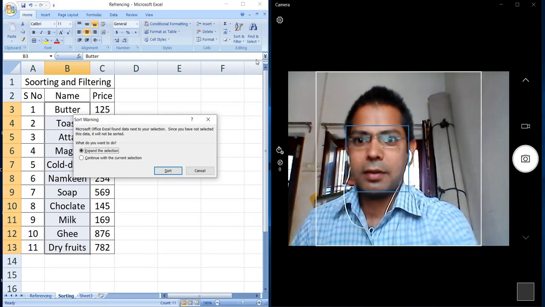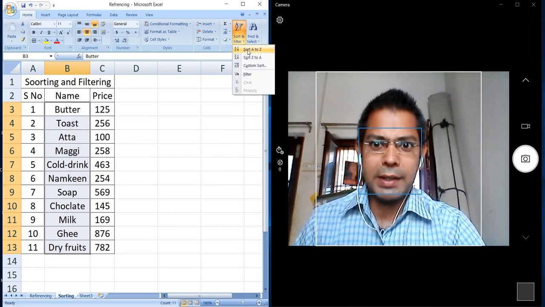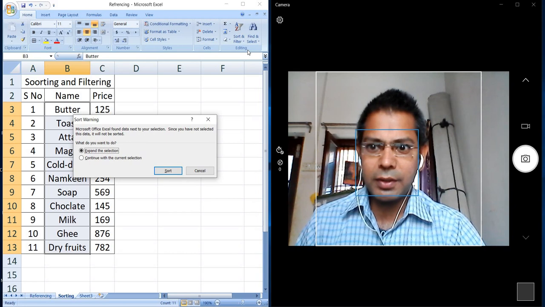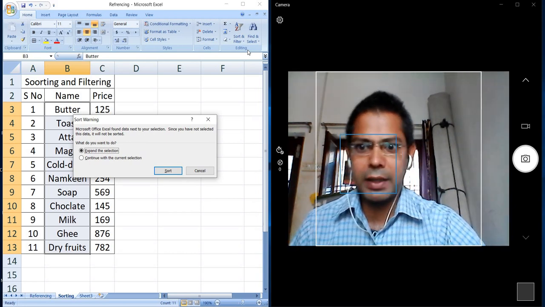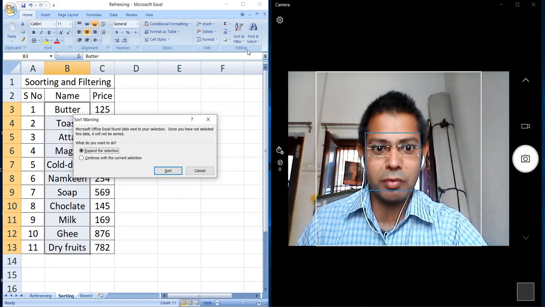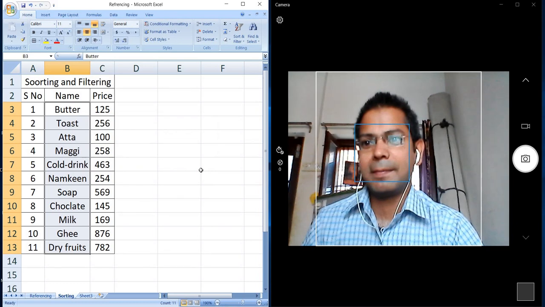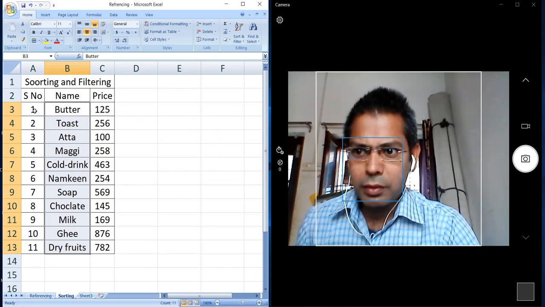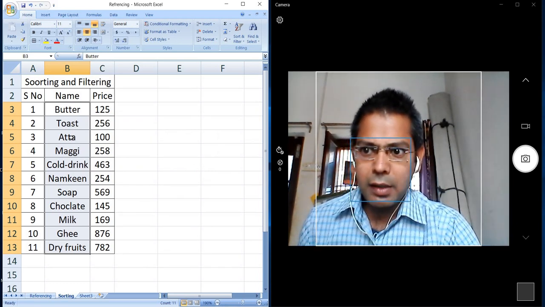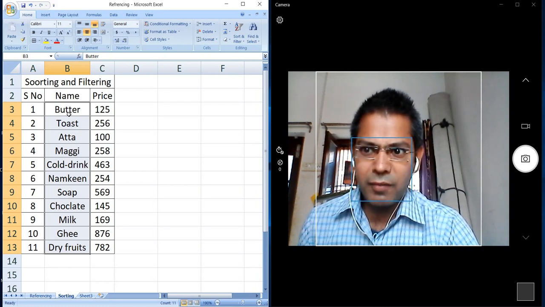As you press A to Z, it will ask one thing: Microsoft Office Excel found data next to your selection. Since you have not selected that data, it will not be sorted properly. What is the problem? See once again. Here butter is at number one and atta at number three. When sorted, atta will obviously come first.